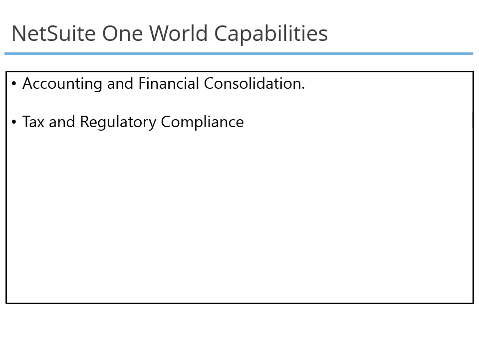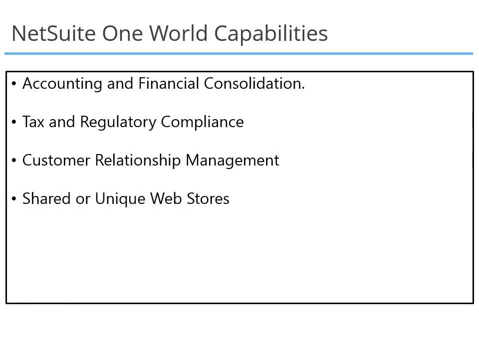With NetSuite One World, you can manage the company's sales organization and customer relationships. Sales quotas and forecasts can span across subsidiaries and sales organizations. Salespeople can sell and get their commission across subsidiaries. Marketing campaigns done at corporate level and leads obtained can be shared by one or more subsidiaries. Subsidiaries can have dedicated or shared web stores with unique items.